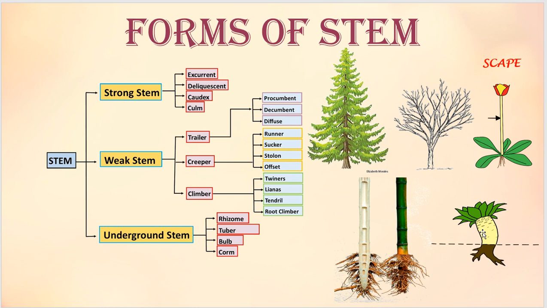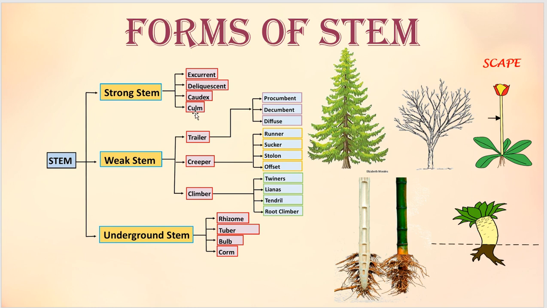So baobab is a kind of caudex plant. Coconut is a kind of caudex plant. It has a very long stem, and on top of it is a crown of leaves. Palm is a kind of caudex plant. Okay, so all these thick wood, stout plants which have a crown of leaves on top come under caudex plants. And then culm.